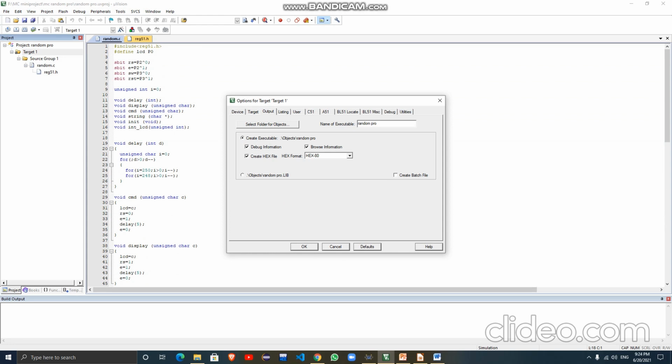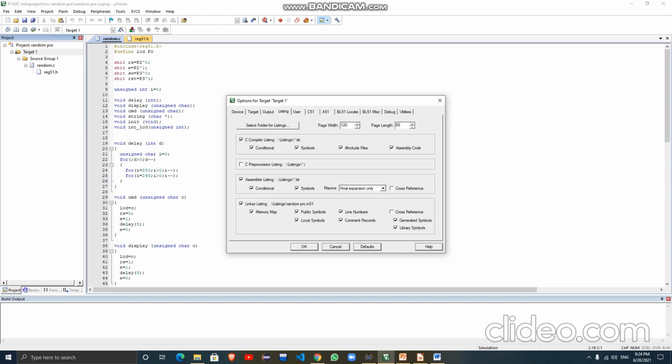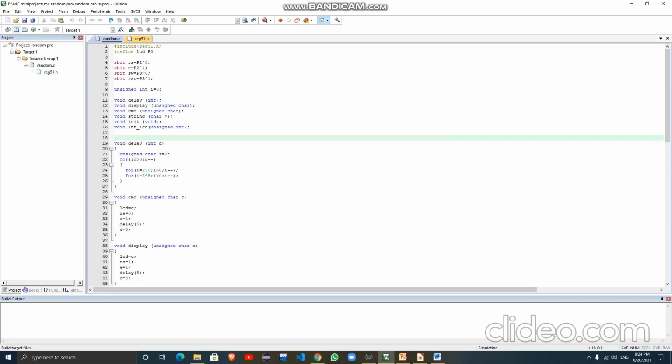Now we need to change the listing options, such as conditional symbols and include files, and enable the assembler and C compiler options, because only then will the code run. And now I will build it. You can see the build button here.